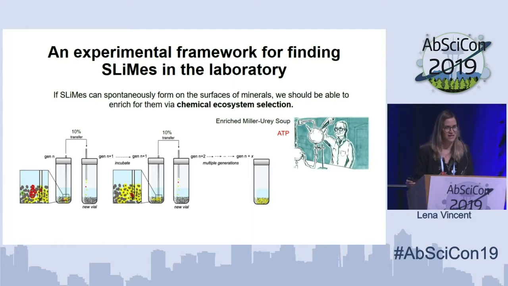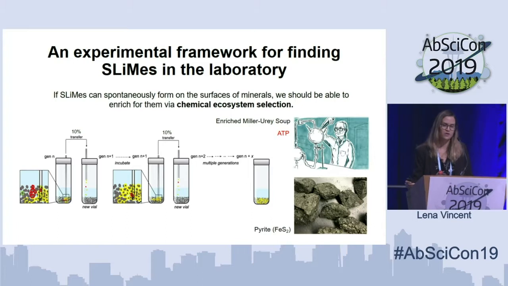But I'm also going to acknowledge that ATP is probably not a very prebiotically plausible phosphate source, but we used it anyway, so I'm going to show you that data. As for the mineral, we've tried a few, but the one, again, I'm going to focus on is pyrite, this iron sulfide mineral, which we grind up into fine powders and then use in our experiments. And we combine it with our soup in these little reaction vessels, which are sealed serum vials. We flush the headspace with nitrogen, and then we also autoclave them at the end of each generation just to ensure sterility. So that's the recipe.